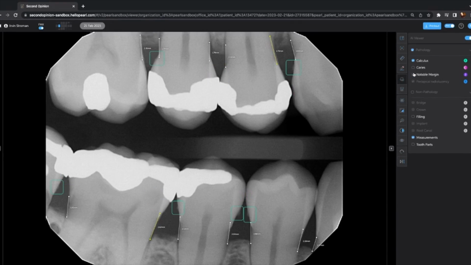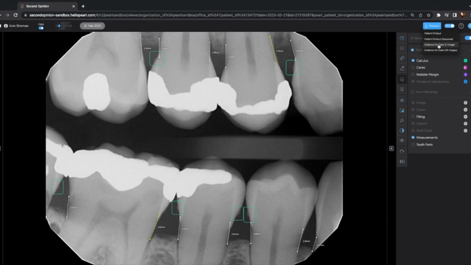So as an example, for your front office team, we want you to know that you can also use these x-rays and the AI findings for your role as well. I've toggled off my notable margins and my caries, and I want to submit Irvin here to my insurance company as an SRP or a scaling patient. I can use this image with the AI findings I've left enabled and go to the printout in the top right corner. Once I hover my cursor over the printout button, I have 4 different options. I can use a patient printout, just grayscale, evidence for claim, one image, or all images.